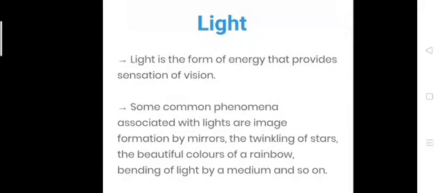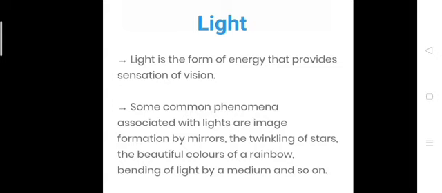So let's start our first chapter, and that is light. We all know what light is. Light is generally a form of energy that provides the sensation of vision. That means due to light we are able to see any object. यानी कि हम लाइट की वजह से किसी भी ऑब्जेक्ट्स को देख सकते हैं।